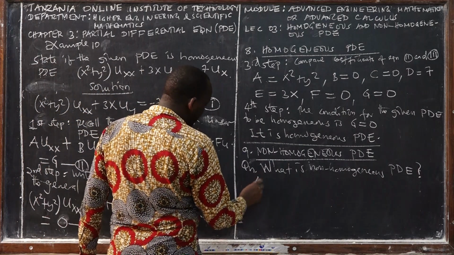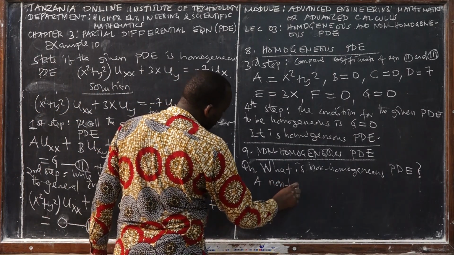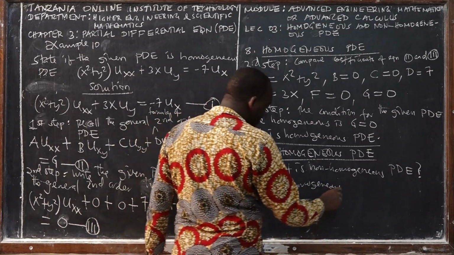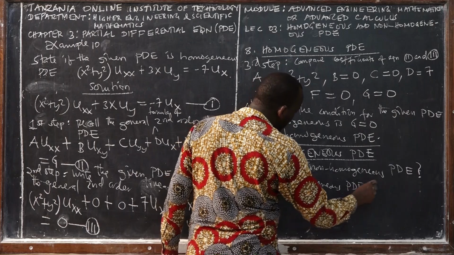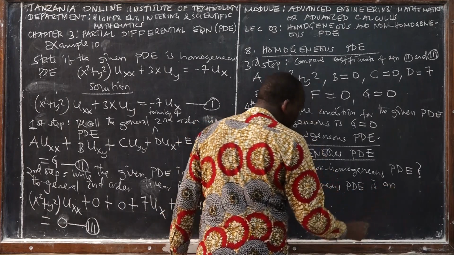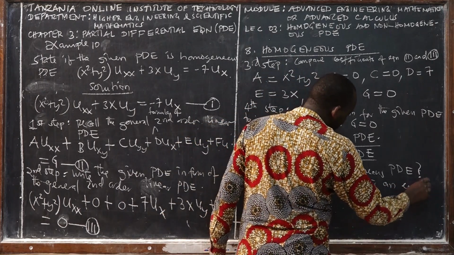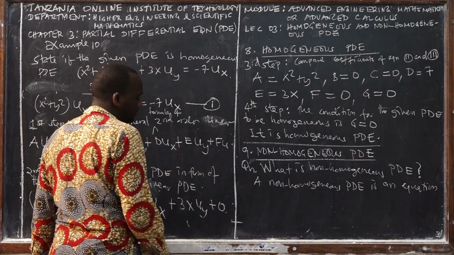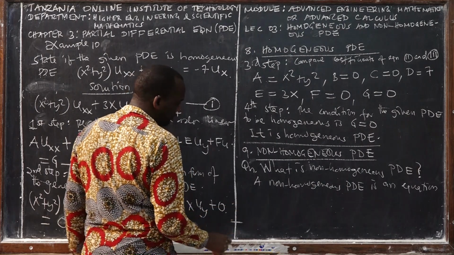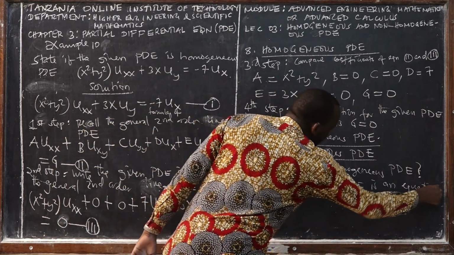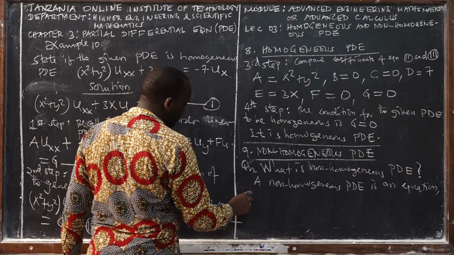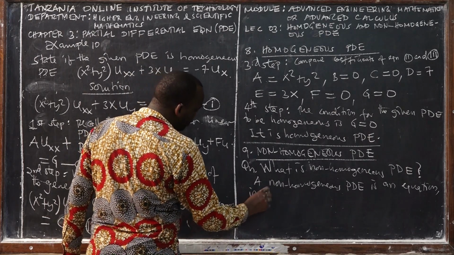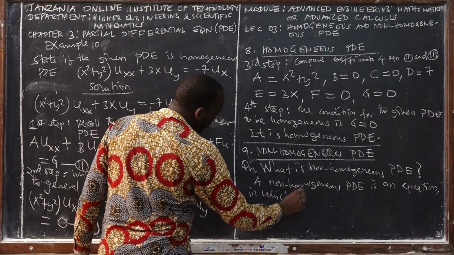So simply say that a non-homogeneous partial differential equation is an equation in which the value